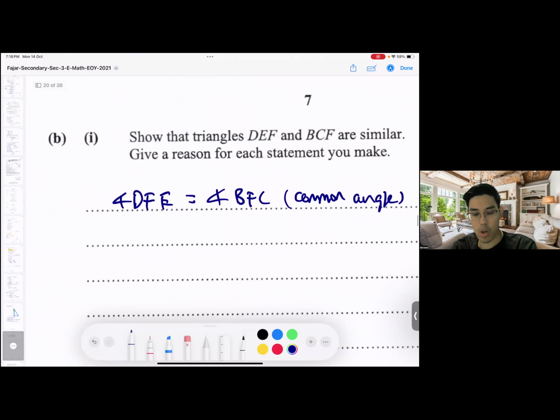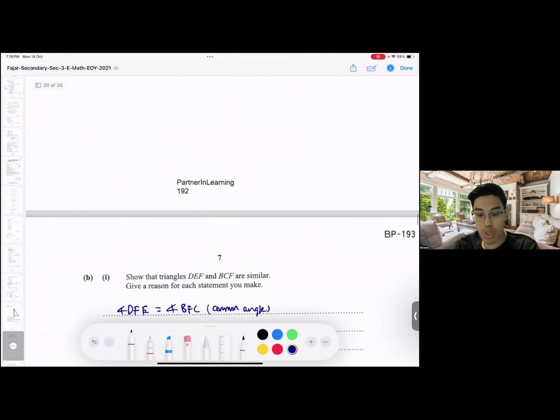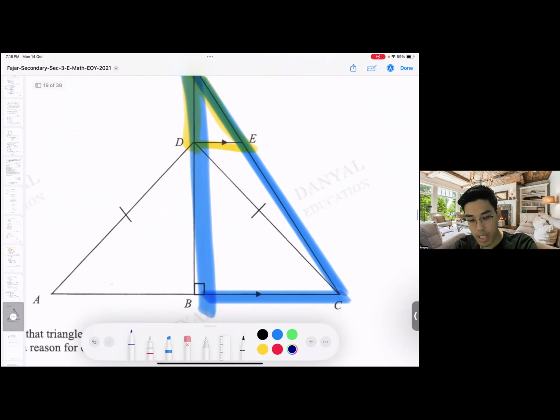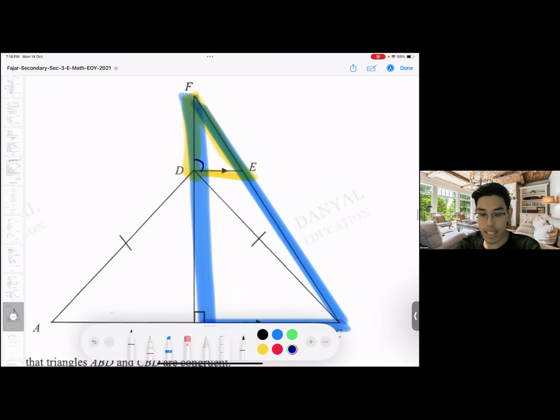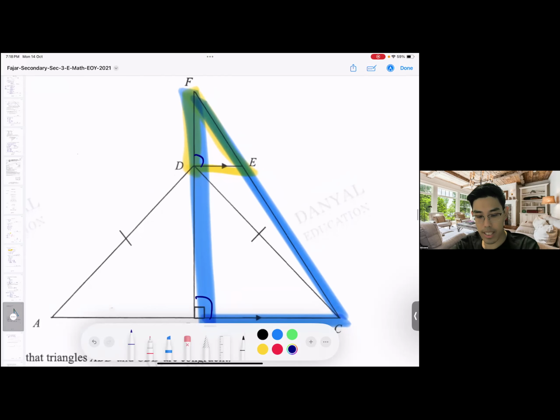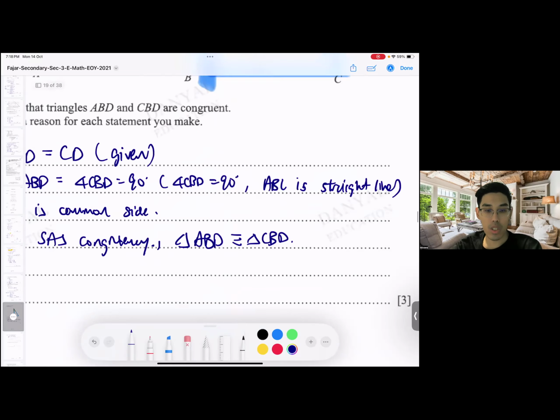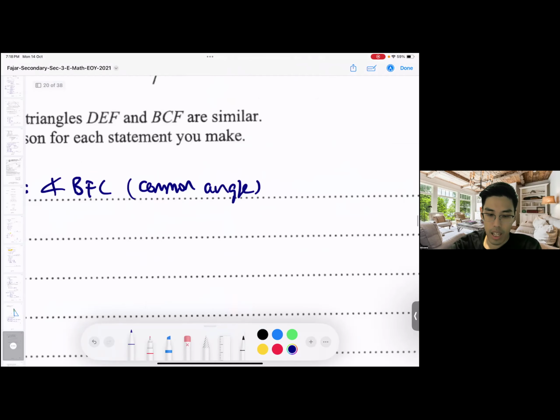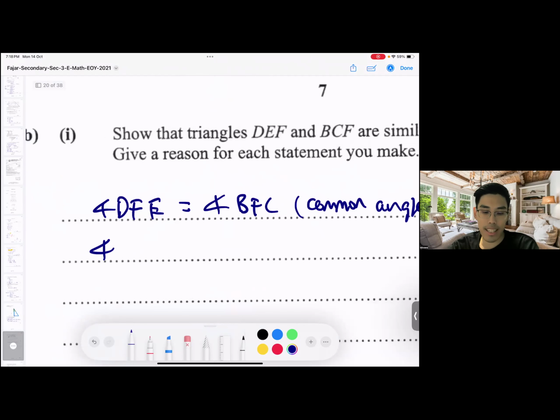Okay, next one, common angle. The next one we can actually use is actually these two angles, which is angle D, which is EDF, followed by this. Why? Because they are corresponding angles as they lie along a set of parallel lines. Okay? So actually another thing is that if I want to focus on D, the angle D, I can use the letters here to help me orientate. I say E, D, F.